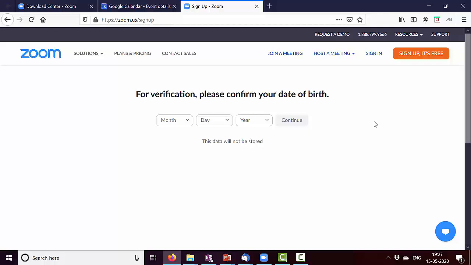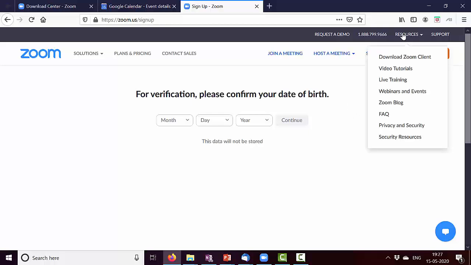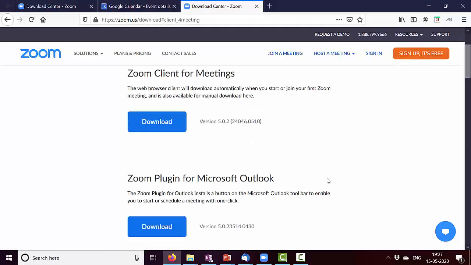As I mentioned earlier, it is always good to download the Zoom app. If you want to download the Zoom app, you need to go to resources and download Zoom client. Depending upon what machine you are opening it from, since I've opened it from a Windows machine, this download is giving me a Windows installer. Had you opened it from a Linux machine, it would give you a .deb file to download. Just download the relevant file, click on it, and the installer will run and install Zoom for you. This works in Windows and Linux as well, so it is a pretty straightforward installation. You should not have any difficulty.